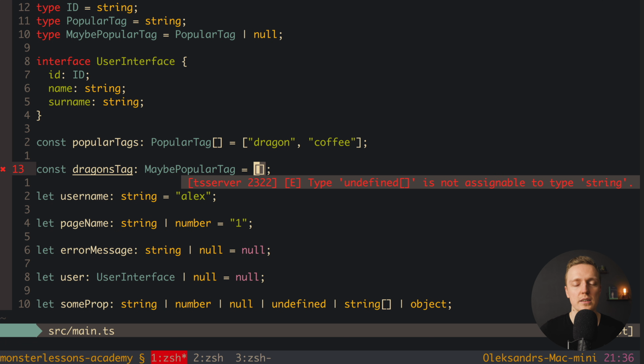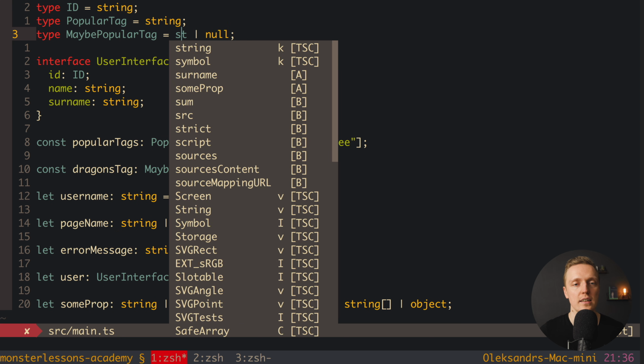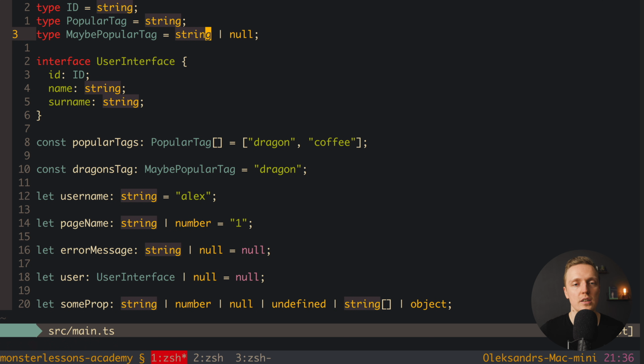In this case we will get a TypeScript error. This is really important. And of course, when we're creating custom types we can use inside unions not just other types, but also default types. So we can say here like string or null if you need to, but it is really nice to combine type aliases and unions together.